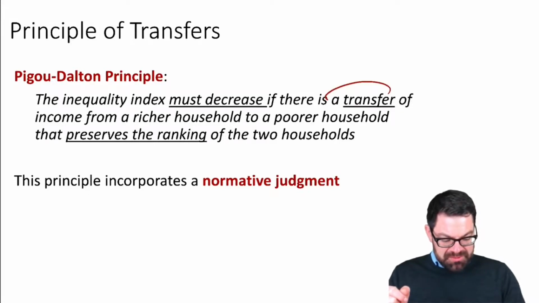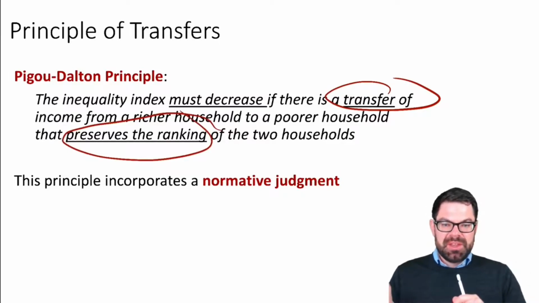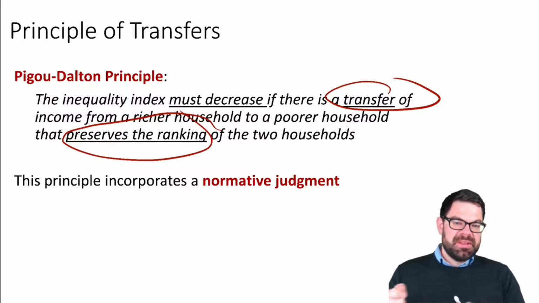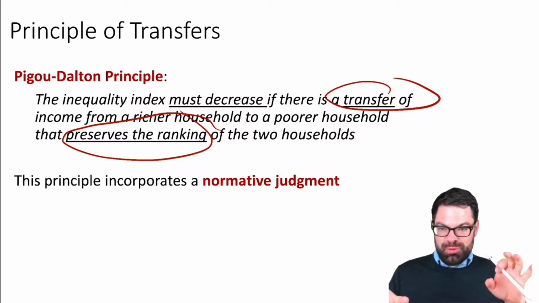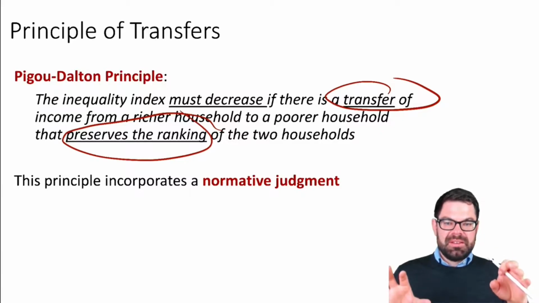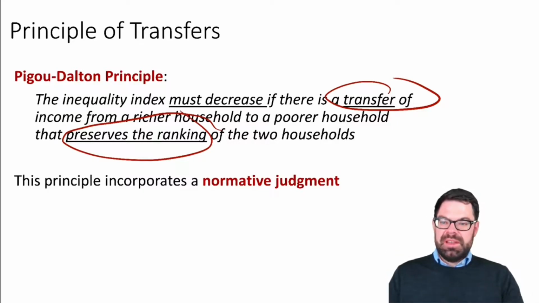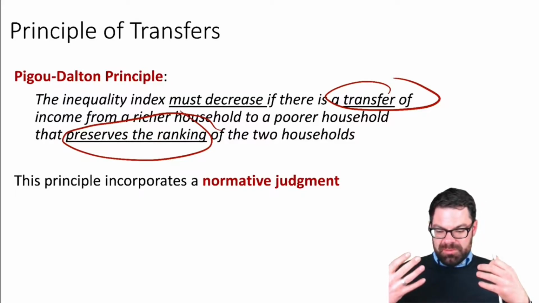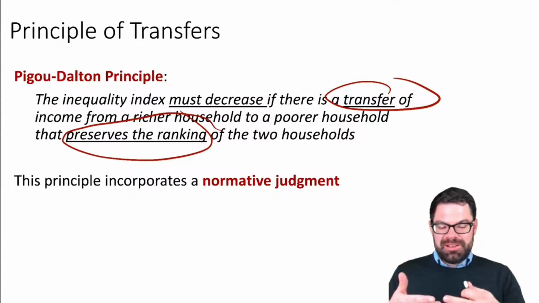Okay, so the important bits of information are actually here. We need a transfer from a rich to a poor household that still preserves that ranking. What does that mean? It means that even after the transfer, the rich household is still richer than the poor one. And if we have such an index and it decreases following that transfer, then the Pigou-Dalton principle is fulfilled. Now, obviously, that incorporates a normative judgment by saying that, okay, having a lower income distribution